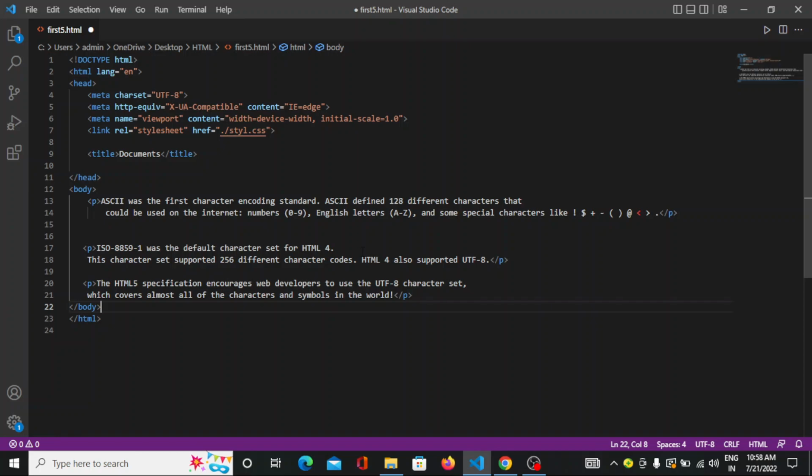So let's see what is ASCII. ASCII was the first character encoding standard. ASCII defines 128 different characters that could be used on the internet: numbers 0 to 9, English letters A to Z, and some special characters like exclamation mark, dollar sign, plus, minus, brackets, etc. And another one is ISO